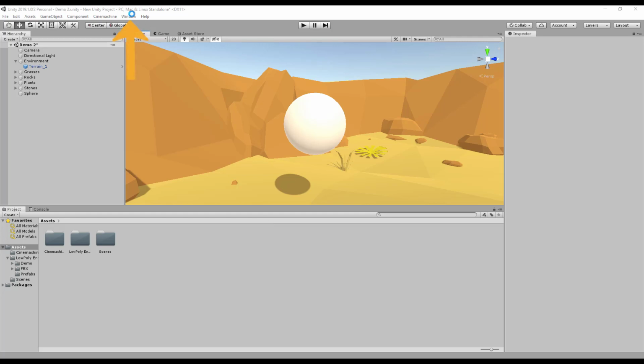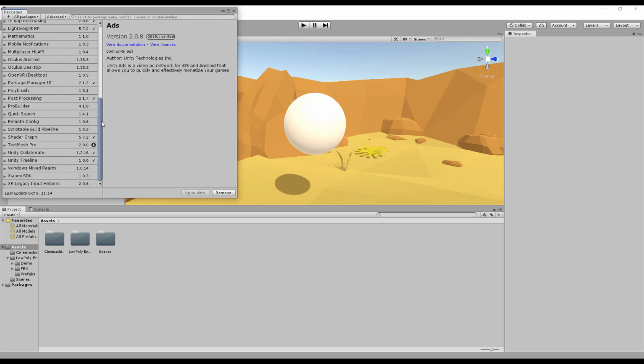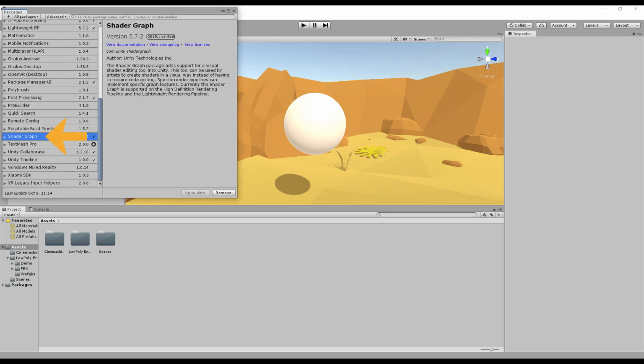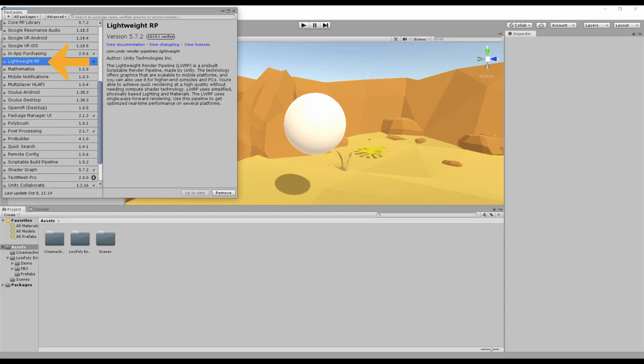We're going to go to Window, Package Manager, and we'll navigate to Shadergraph and ensure that it's installed. The second package we'll need is the lightweight RP. This is one of the new Unity render pipelines that's pre-built and allows us to create our own physical-based rendering shaders. So once those two are installed,